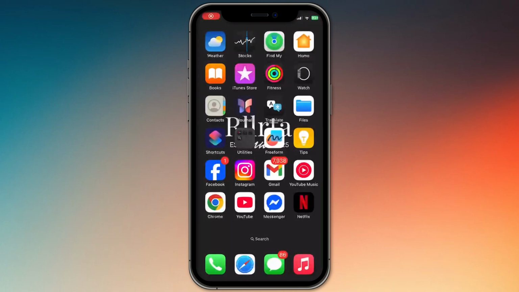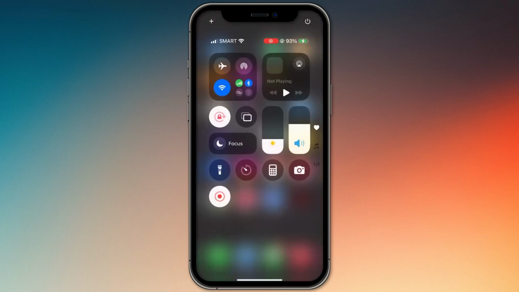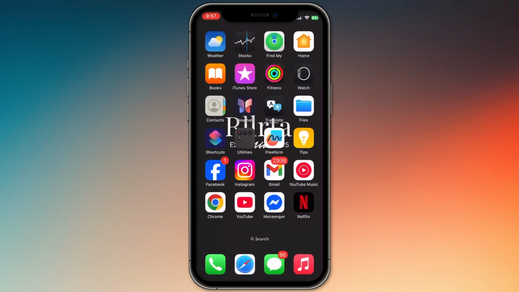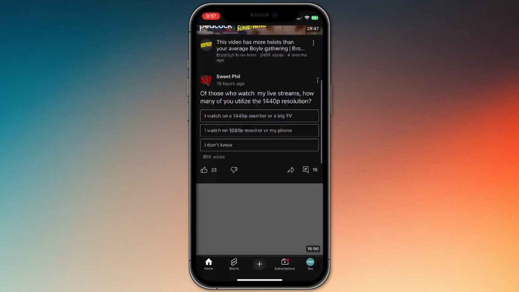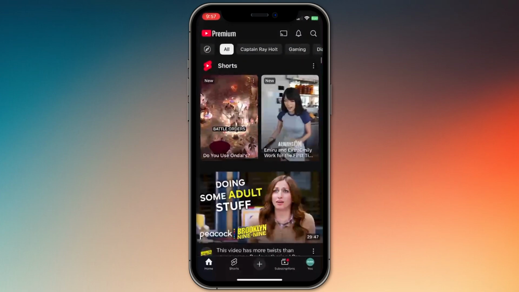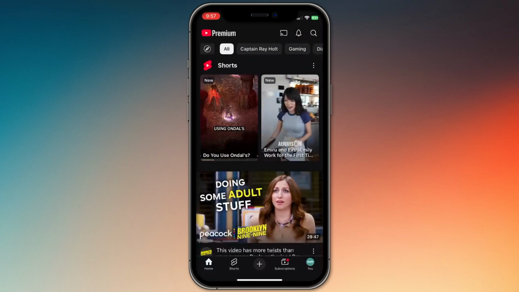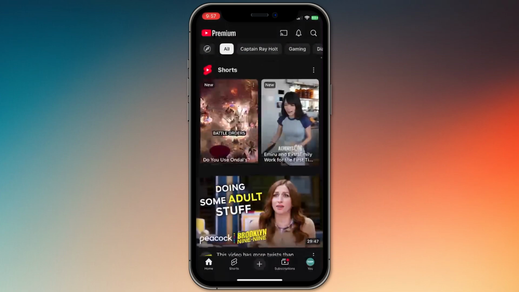How to rotate screen upside down on iPhone. I'm going to tell you how to rotate your iPhone screen upside down. Now, iPhones don't natively rotate upside down on the home screen for newer models. But in apps that support full rotation, like Safari or YouTube, just turn your phone upside down and it should